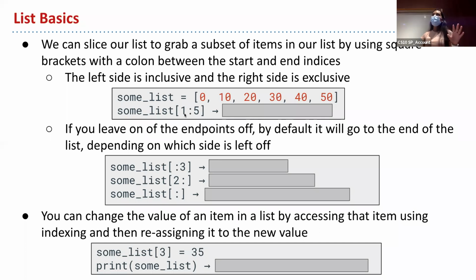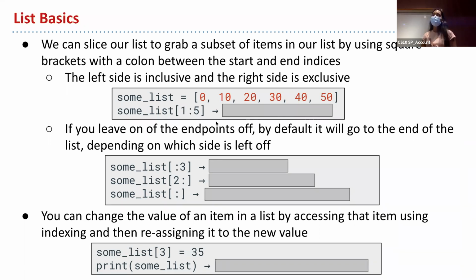If we want to get a portion of our list, a range within it, we need the starting point for that range and the ending point for that range, right? The syntax for that in Python, and syntax is just a fancy word for the rules for writing the language, is that we put a colon in between the two numbers inside of our square brackets. So this is going to give us values from index 1 of our list to index 5. And another thing to remember, and I think Maddie mentioned this yesterday, is the left side is going to be inclusive and the right side is exclusive.